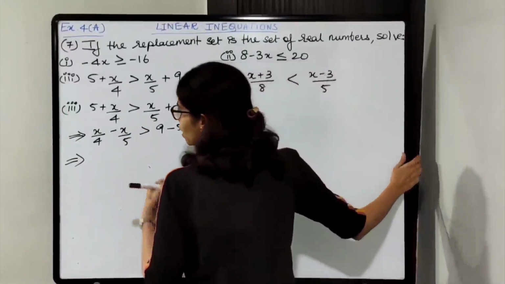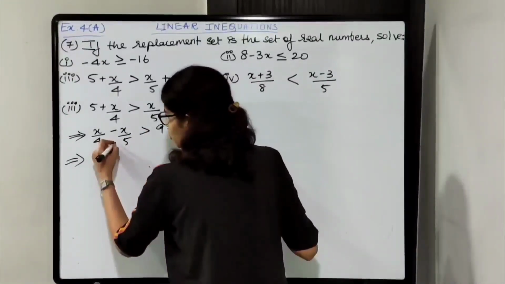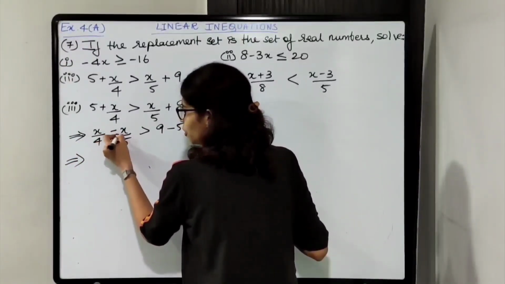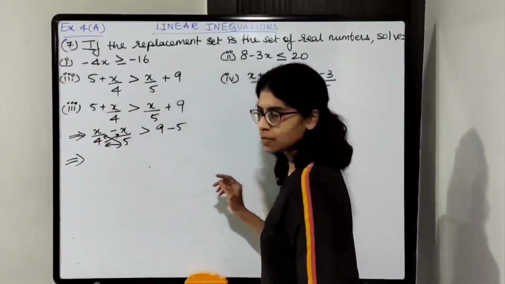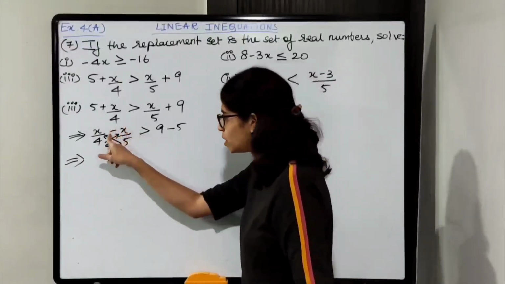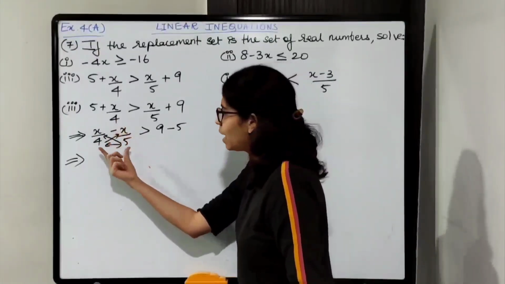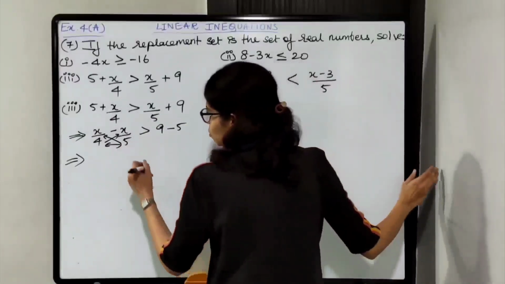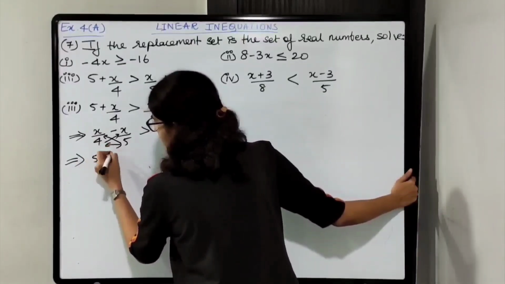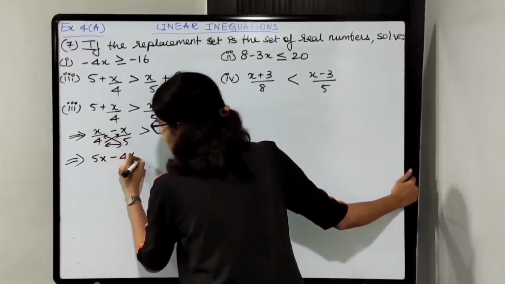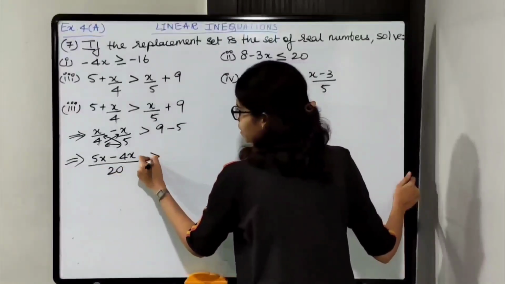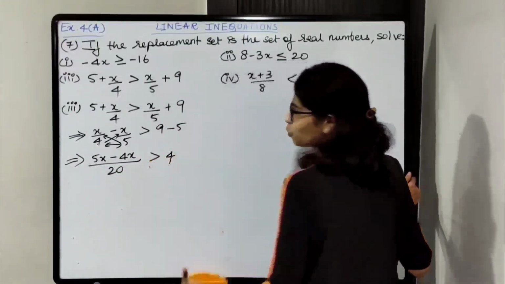Okay. So other method is the crisscross method. Okay. That is 5 into x. Put the sign in between 4 into x and then multiply the denominators. So denominator into opposite numerator. Put the sign in between जो भी है minus plus and then multiply the denominators. So that is like taking LCM only. 5x. Put the sign in between 4x. Upon 4 into 5. So 20 is greater than 9 minus 5 is 4.